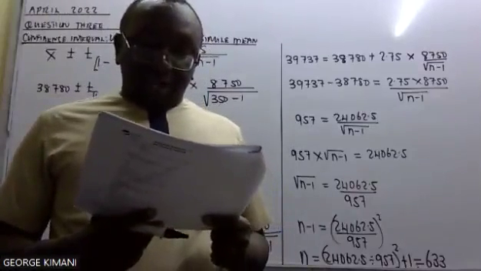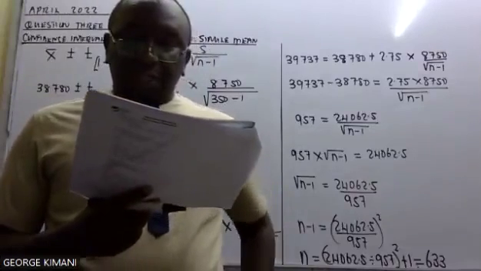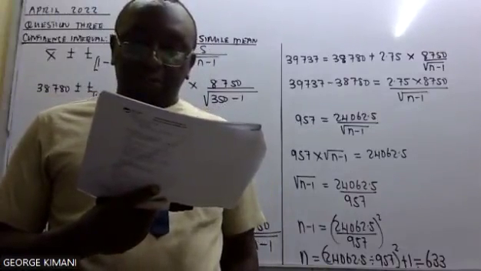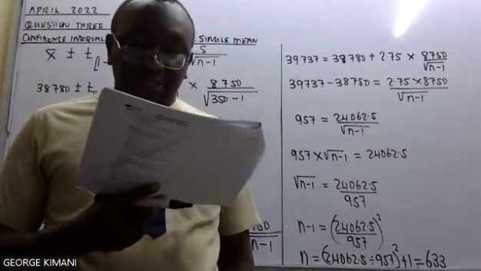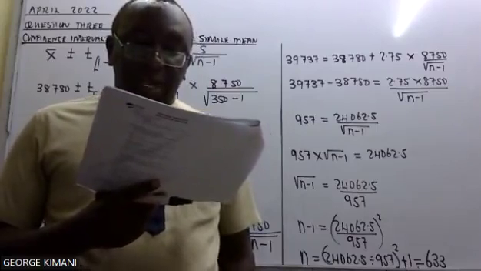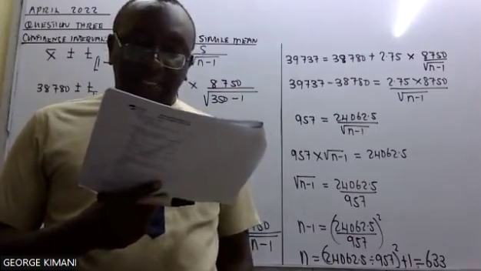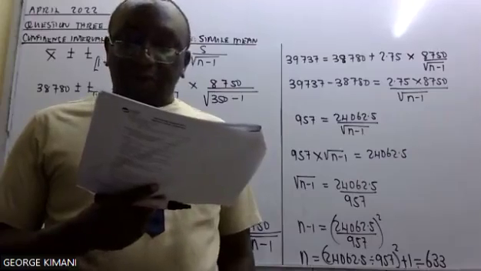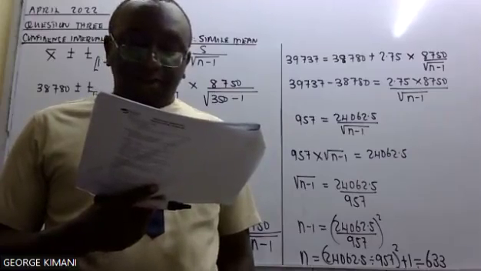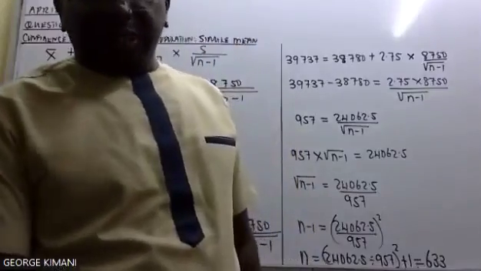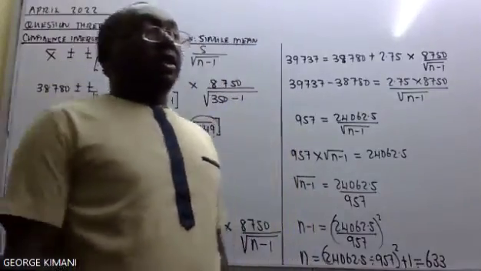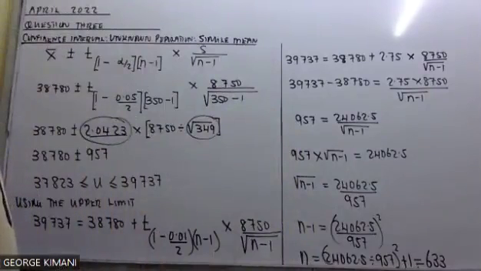That says the following information relates to the operating life of two brands of mobile phones, brand A and B. Mean life, standard deviation, sample size. Now advise a potential customer on whether there is any significant difference between the quality of the two brands of mobile phones at 5% level of confidence. So again, that question is from sampling theory, and you need to know whether the question is